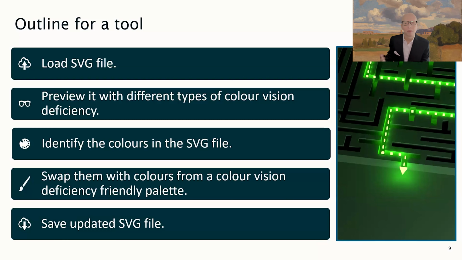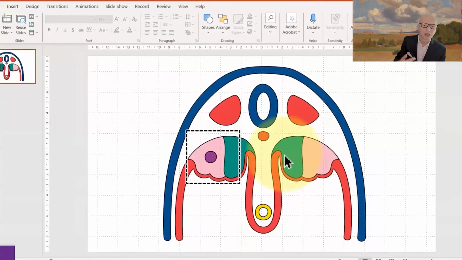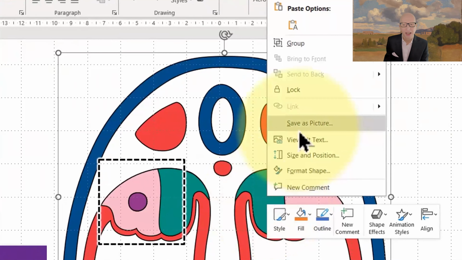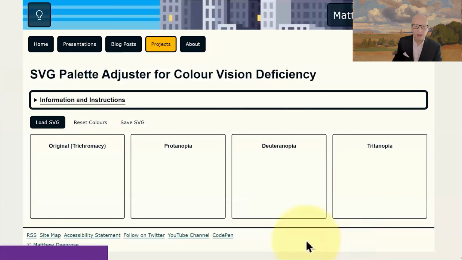And I started with Microsoft Copilot, but then quickly moved into using Claude, which I found to be much better for this type of task. And after about 4 hours of iterating with Claude, I was ready to meet the academic to demonstrate the tool we built together. And I showed how to download the picture in SVG format from the PowerPoint he provided, upload